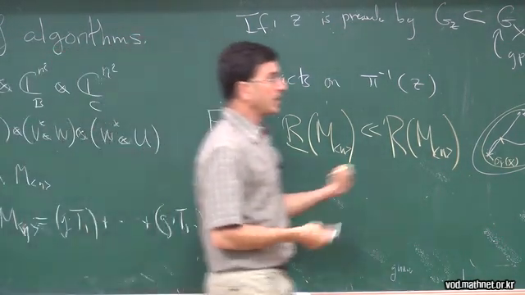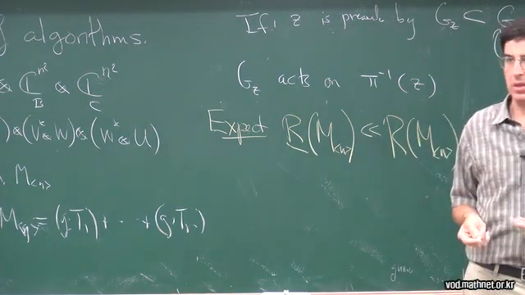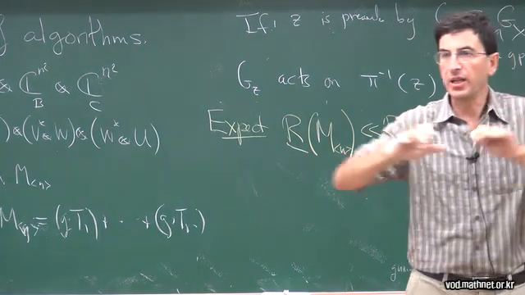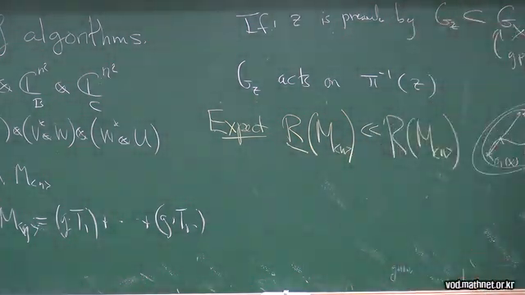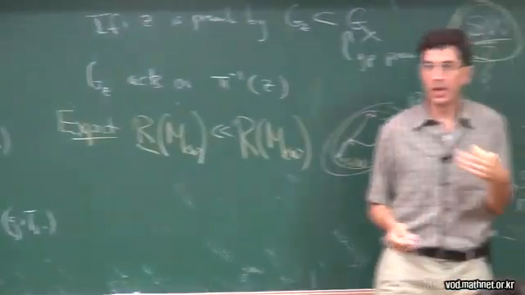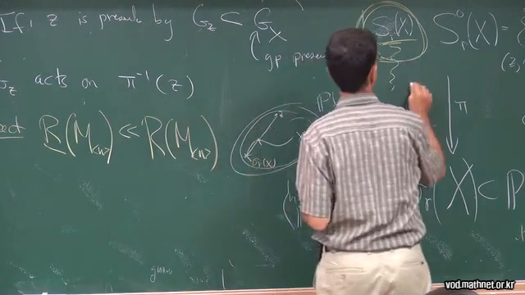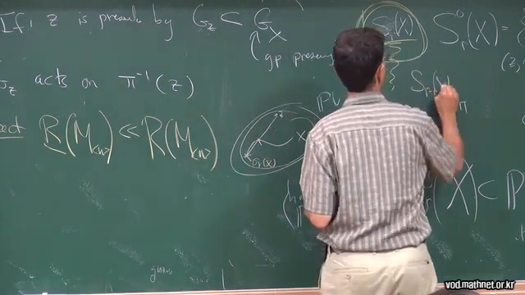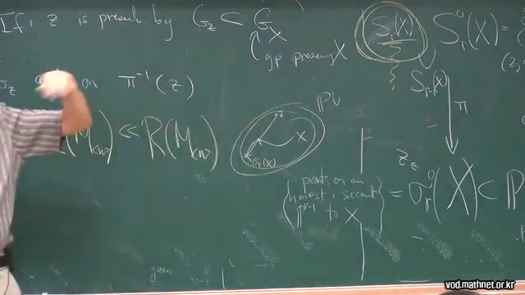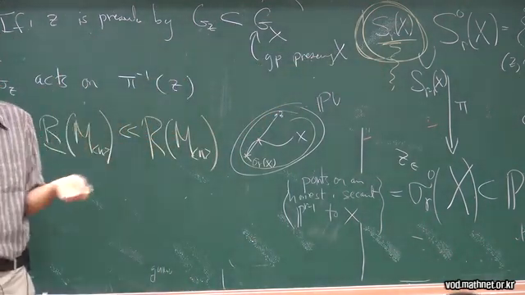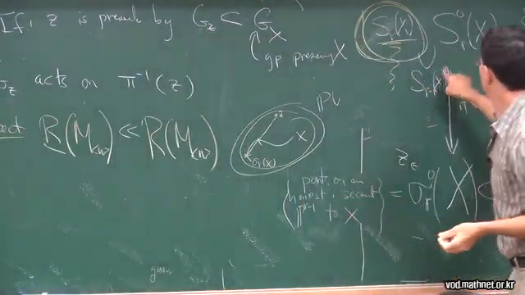Because when I take an orbit, the orbit will most likely not be closed. And I can look at its orbit closure. Its orbit closure will be on the boundary of this thing, will be a border rank algorithm. But also sitting inside this space, I have sigma R minus 1 of X, which sits naturally in here. You could take some natural inclusion any way you want. And the codimension of this and this,